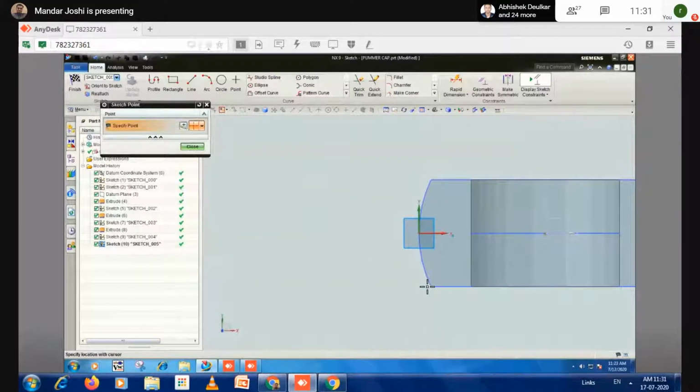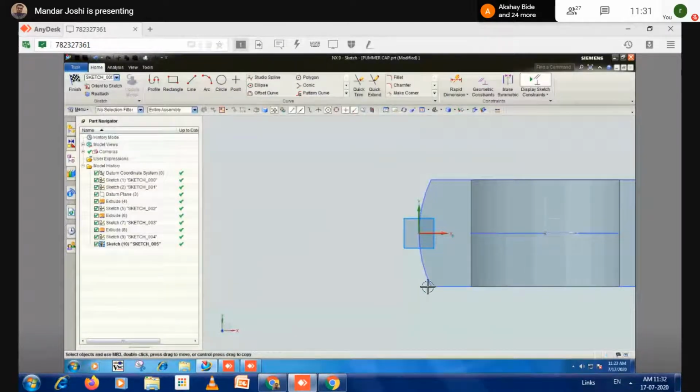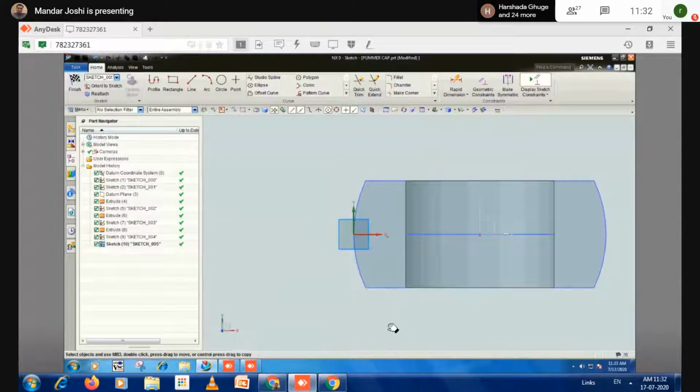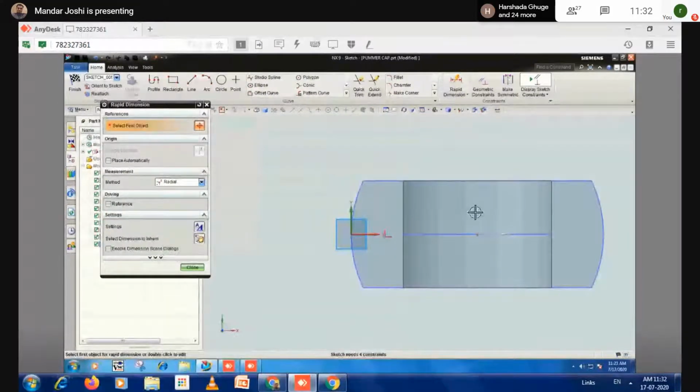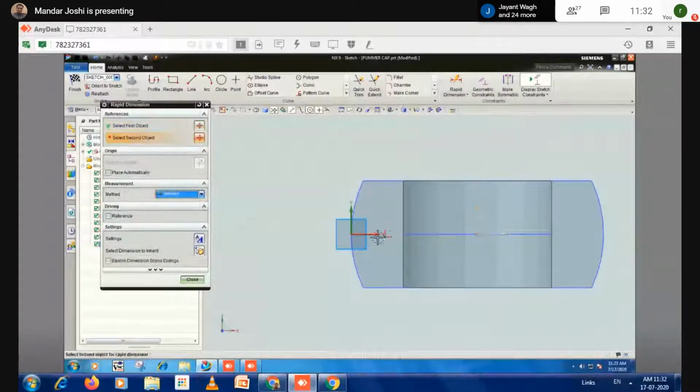The point is plotted. Middle click. Define the location. From the center, it is how much? I use the invert option. From this center to this point, the distance is half of 78, isn't it?